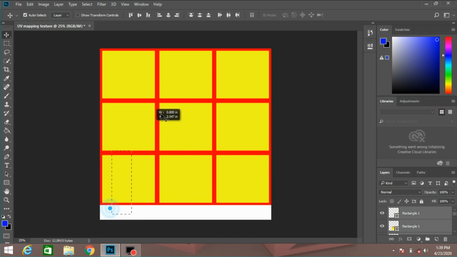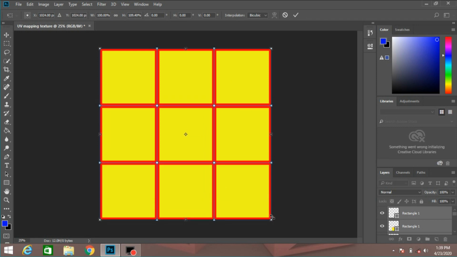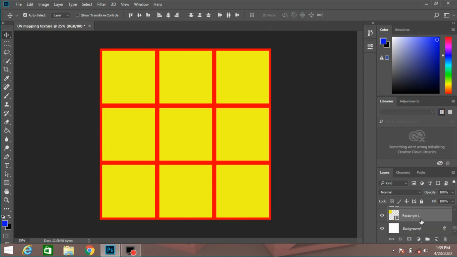Now select all the shapes. Again press Ctrl plus T for free transform and adjust to the layer. Click on this icon. Now press Ctrl plus G to group all the shape layers.